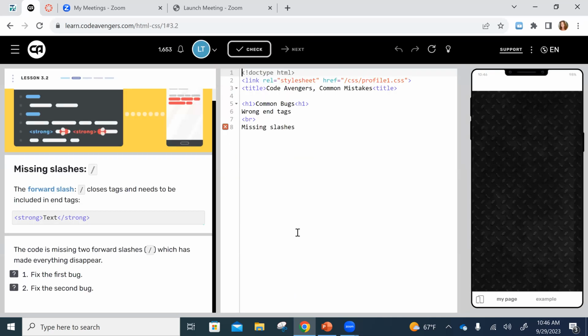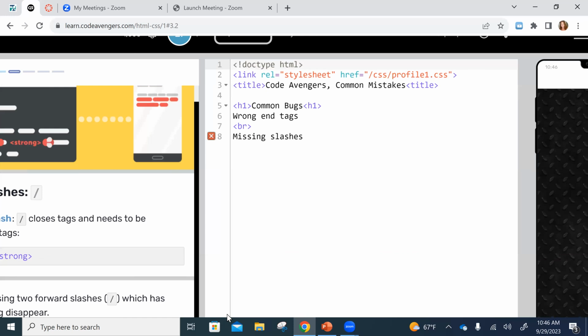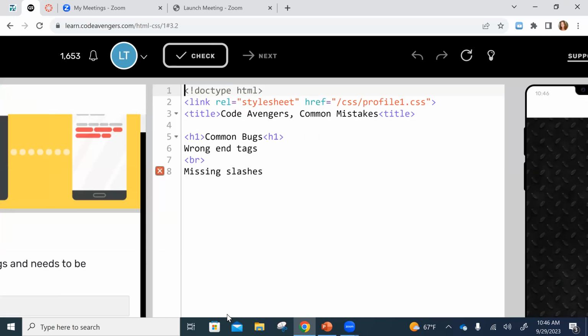So if you see, I've got code here, but nothing is showing up on my page. So remember how they said some of the errors change the way your page looks, some of them don't. This is obviously one that does. Okay, so it says fix the first bug. Now this time they don't tell us where it is. They don't tell us which specific line has the bug. So let me open this really big, and I'm going to rely on you guys to tell me where the